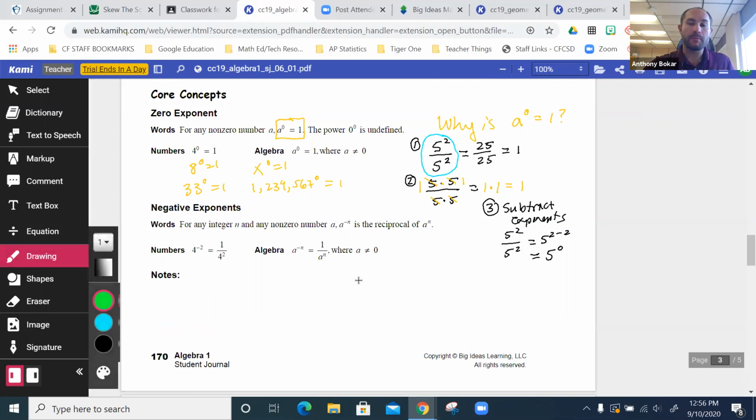So altogether, this means that 5 to the 0 must be 1, because when I do it the other ways, I always get 1. That is why a number to the 0 power is 1. It's just because you divide when you do this, and that's how you make a 0 exponent, by subtracting. Anytime you see a number to the 0 power, it will always be 1. So that was just a quick video on 0 exponents. We do have to talk a little bit about negative exponents and stuff. We'll save that for another